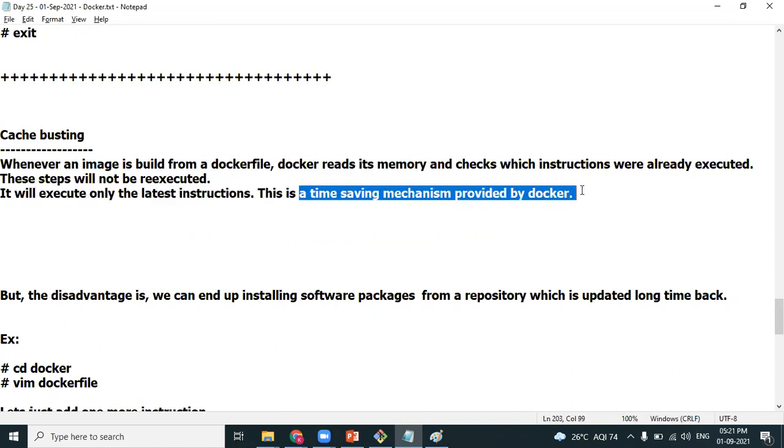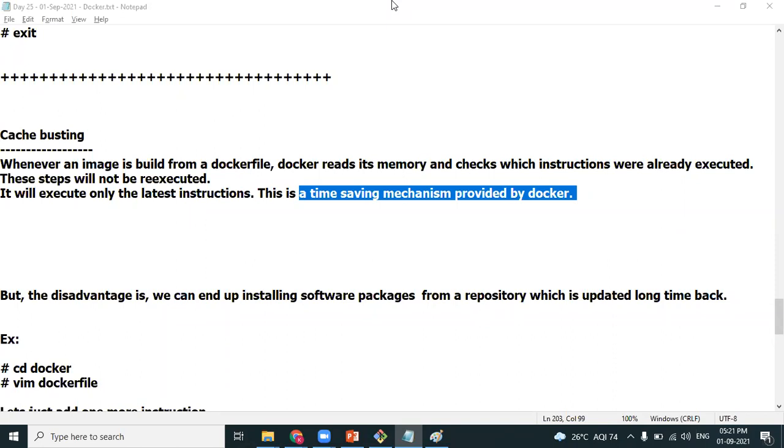This is a time-saving mechanism of Docker. When you update a Dockerfile, it will not execute the older instructions, only the newer ones.